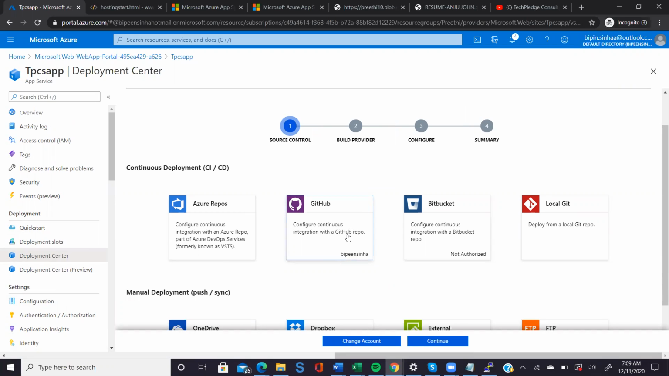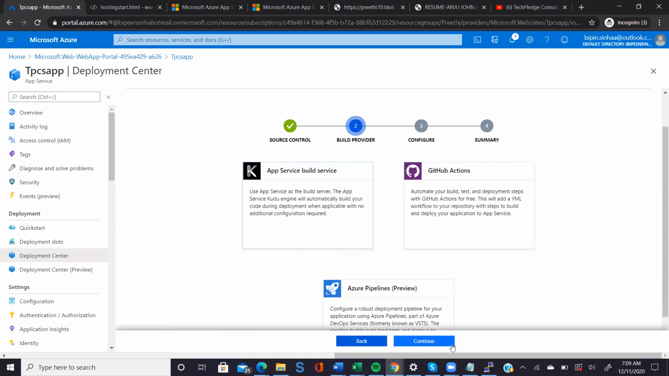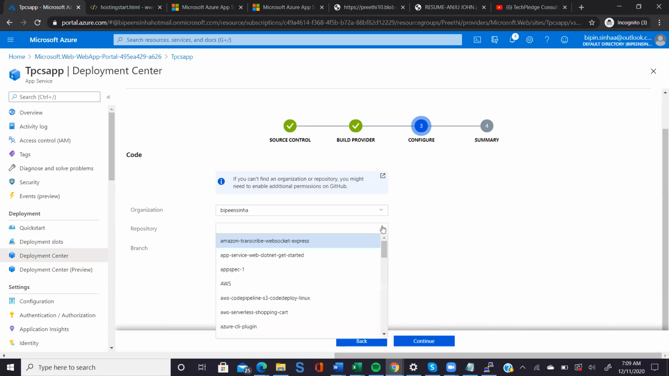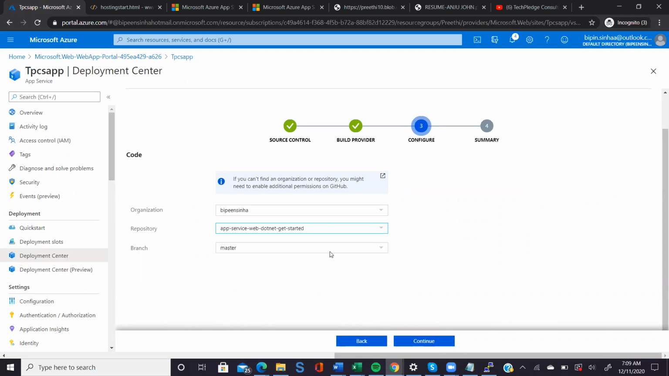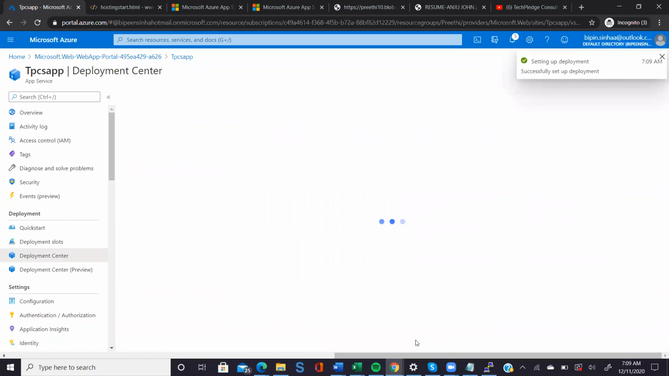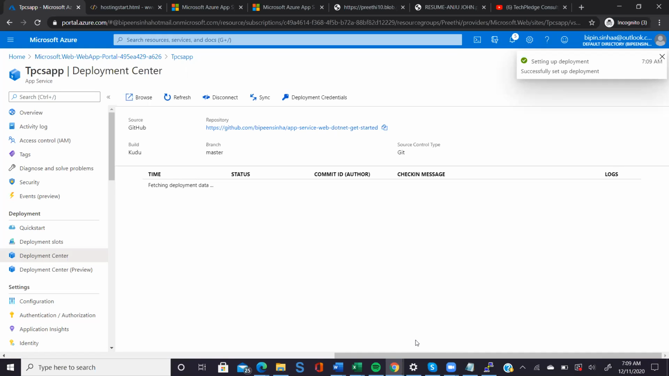So when I click here, click continue, click continue, click continue. Now in a repository, just drop down, select the second one, click continue. Now click finish. You are actually connecting your app service in Azure with my code repository where I have stored all my website code,